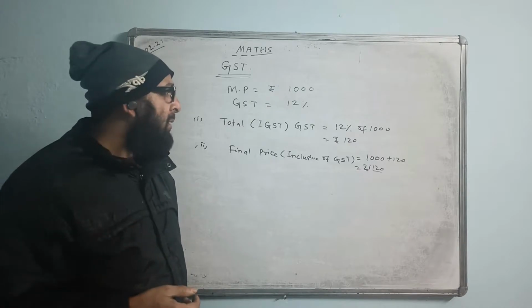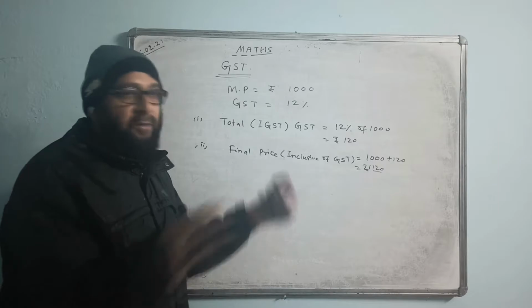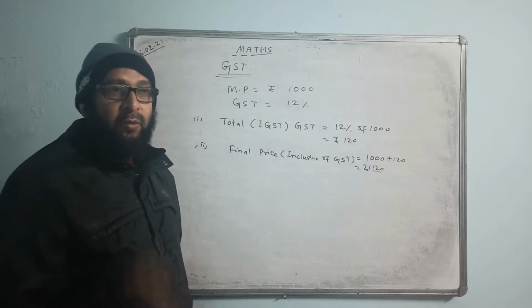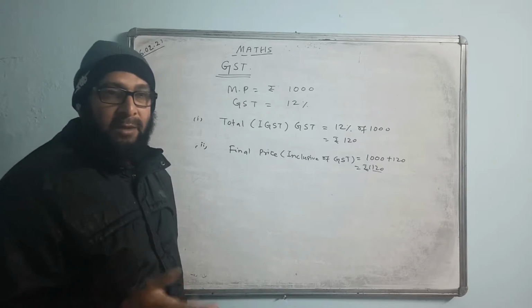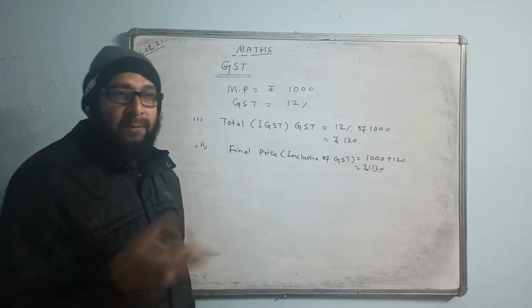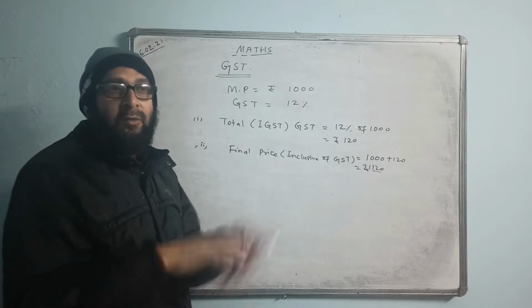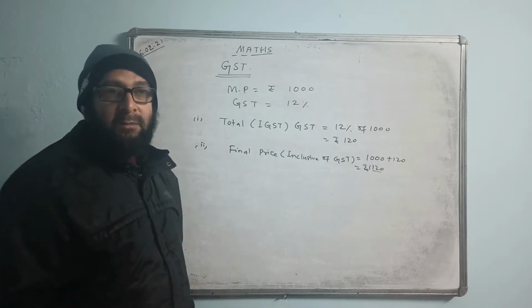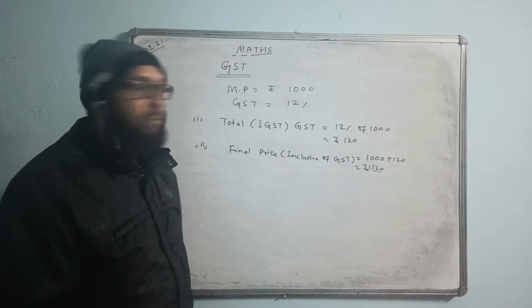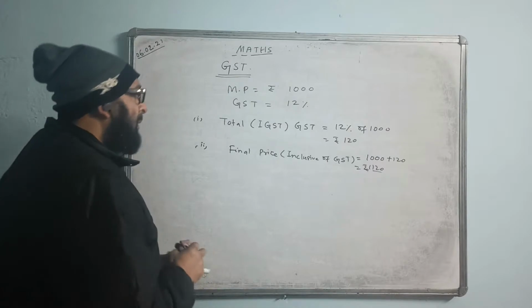If we are going to shopping malls, they will say the printed price of the shoe, maybe a Puma shoe or any other Nike shoe, is so much plus GST. So you have to pay an extra amount. Even restaurants charge your original bill plus GST. Including GST the value becomes more and then you have to pay this much rupees, the final bill.